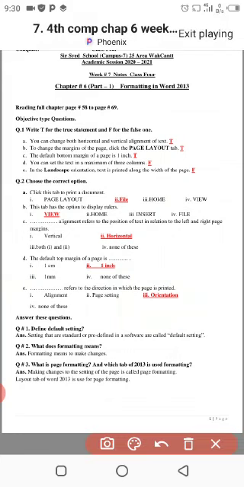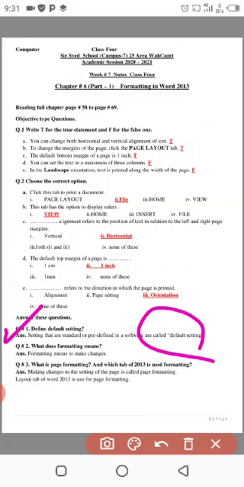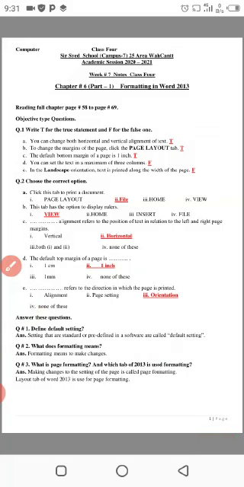Moving on to the next question, which is, define default setting. As shown in the name, the default setting is the predefined setting of the software. So keeping it in mind, we can have the answer: settings that are standard or predefined in a software are called default settings.